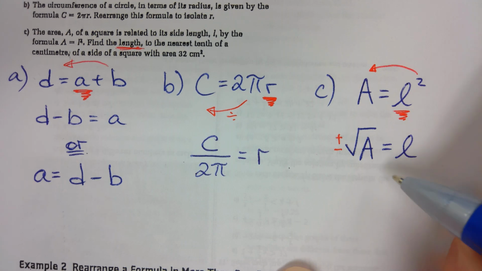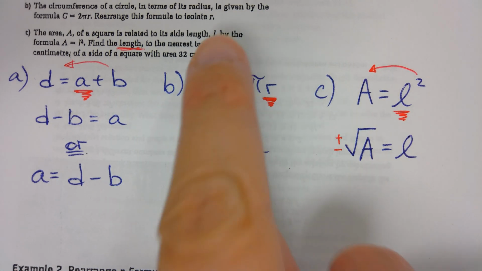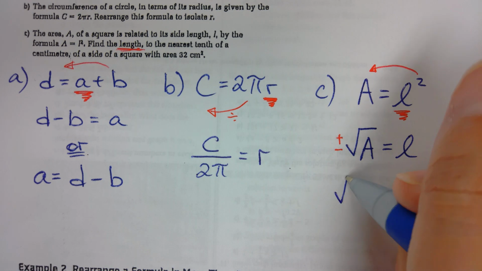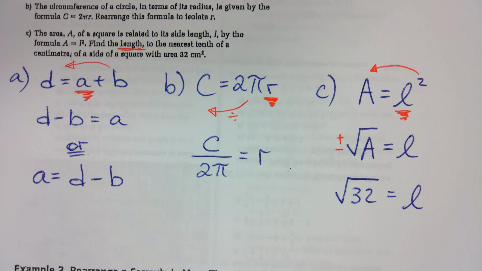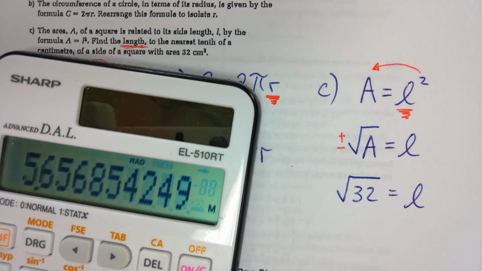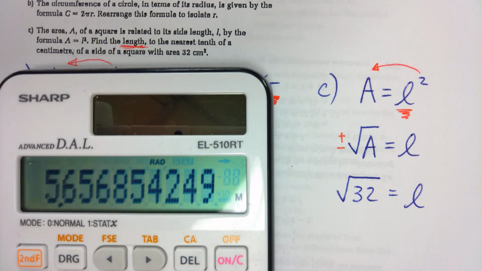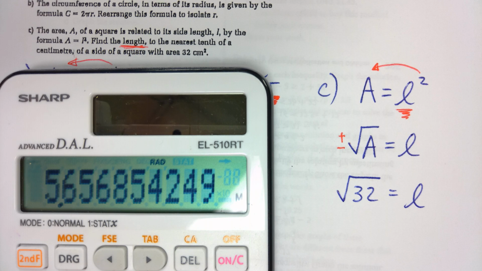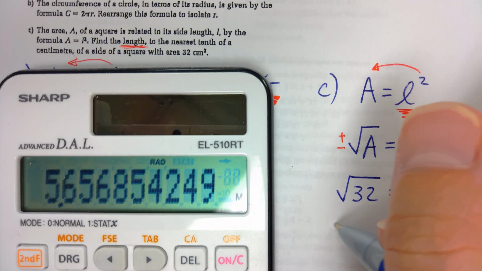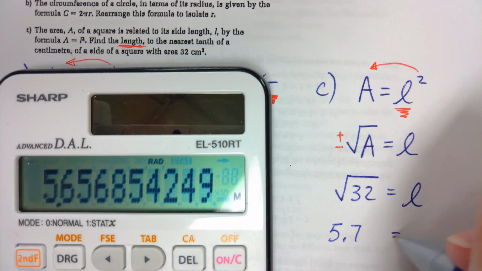So then it says it has an area of 32, so you're going to sub in 32 for A. And so when you square root 32, you get this answer. What is my final answer then? Armin? You have to give me the radical or decimal. Read the question. Oh, yeah, to the nearest tenth. Roughly equal to 5.7. 5.7, good job. L equals 5.7